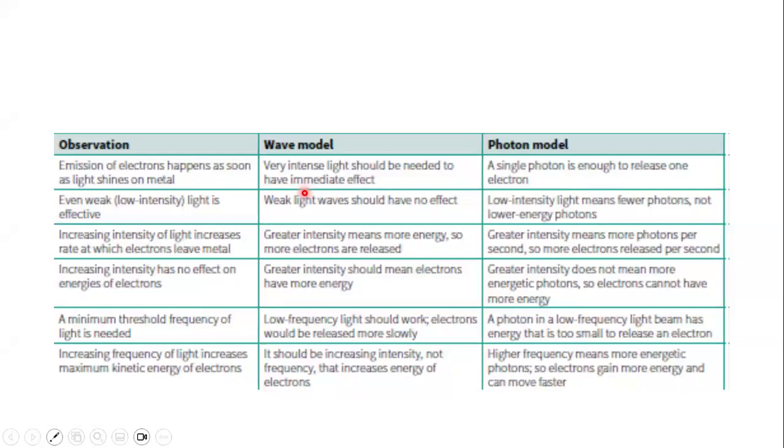So this was one of the observations that suggested to them that yes, this must be a particle model. There must be some kind of particle. That is why even if one particle is there, we will see loss of electrons. Because if light was a wave, then intensity should have been an important factor. We should have seen a difference between low intensity and high intensity. And that was their second observation as well, because they repeated experiments at low and high intensity. They noticed that when they used low intensity light,